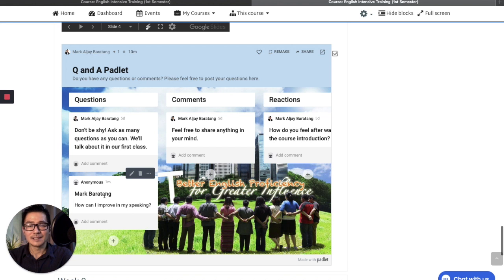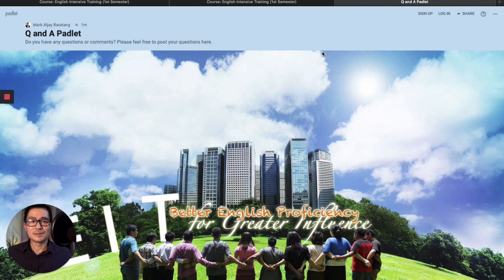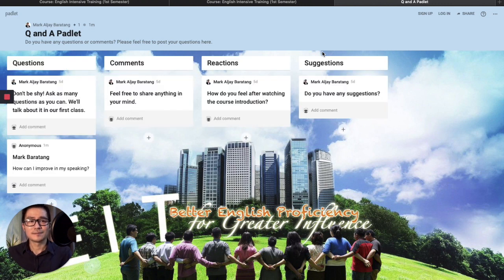All right. Another thing, another option for you, actually, not an option, I really want you to do this. I want you to create an account with Padlet. How do you do that? So there's a button right here that says open a new tab or window. Click that, and you will be directed to the Padlet page. Okay, what shall we do? So I want you to sign up,